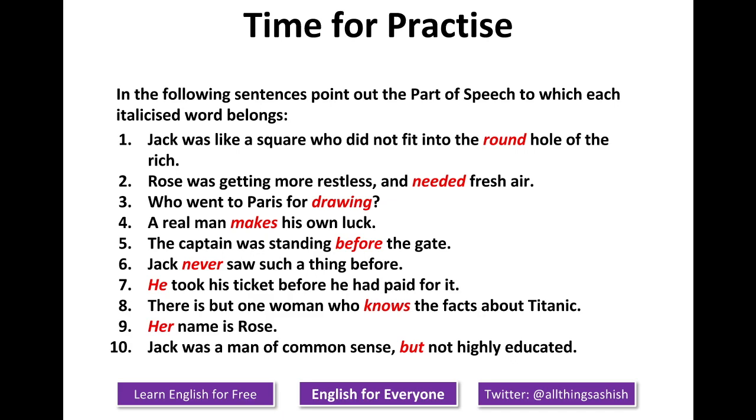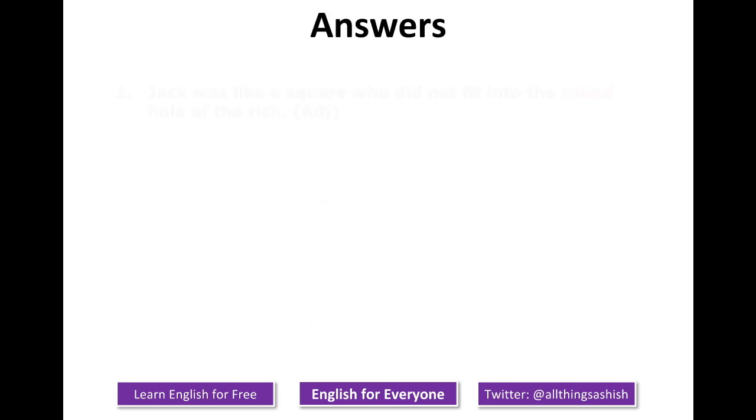So you can just pause the video and figure out how these highlighted words are related to the part of speech and which part of speech they are from. The answer is on the next slide. Okay, great. Assuming that you have paused the video and completed this exercise, let's look at the answer. The answers are